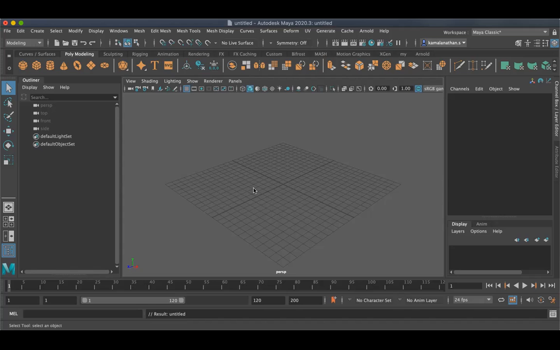Whenever we make a single composition render, that means the color, the detail, the reflection, and the shadow, all these things will be together. Instead of working with the combined composition, what we did is we separated each and every detail into different passes. That's what we learned in the last class, you remember? So that is called render pass.